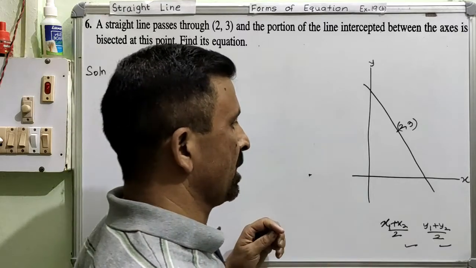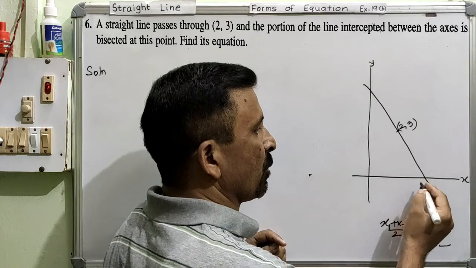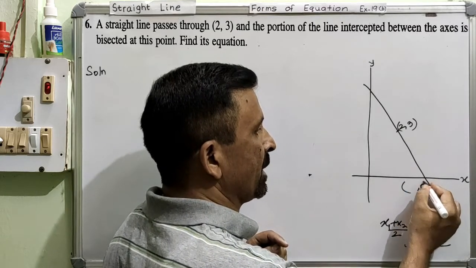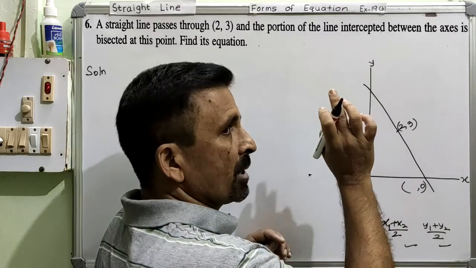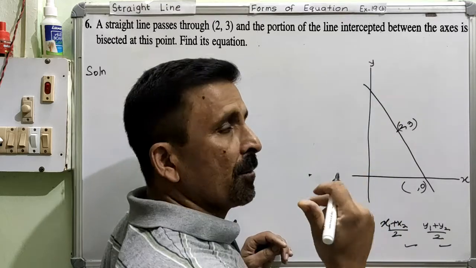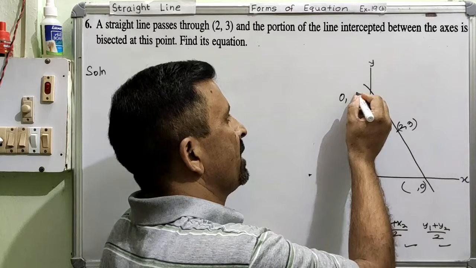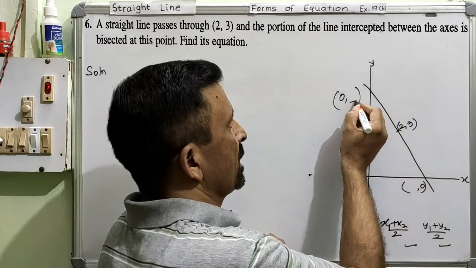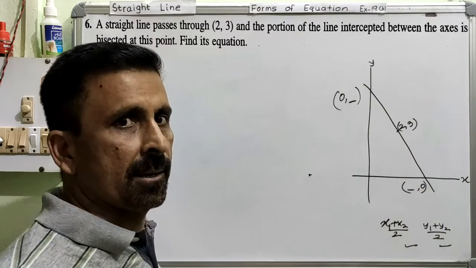Done? So now see. This is the point on the x-axis where you know that the y part will be 0. So y part is 0, and now I am only worried about my x part, so I will fill that in. Now let me write the coordinate of this one also. This is on the y-axis, and on the y-axis the value of x will be 0. So that x part will be 0, and then we are left with the y part. Clear? So we will try to fill these blank spaces. Once we fill them in, it is very easy.